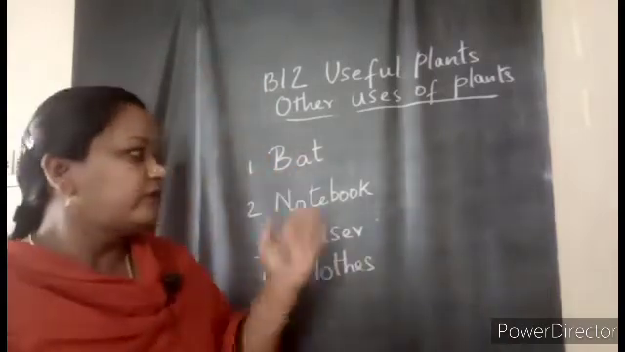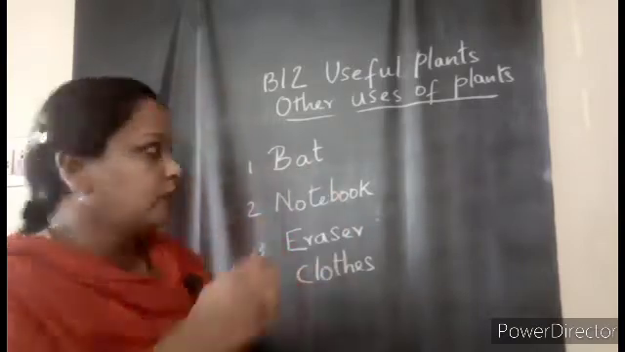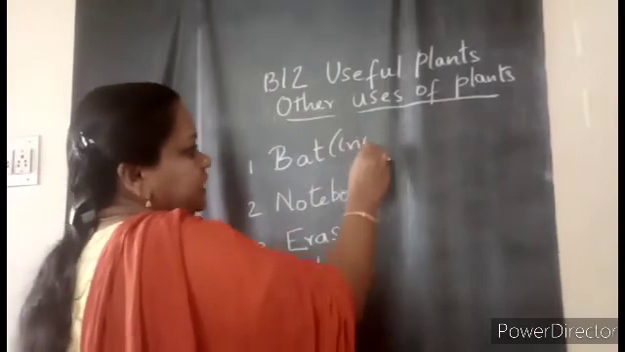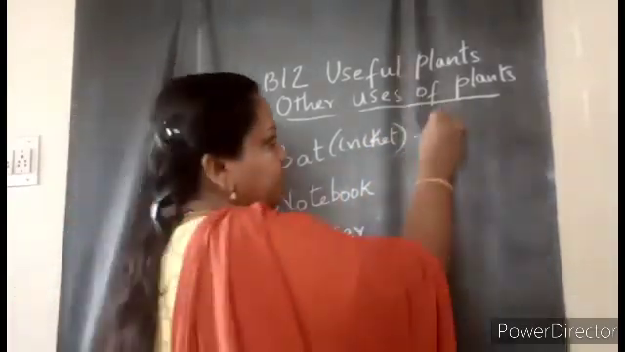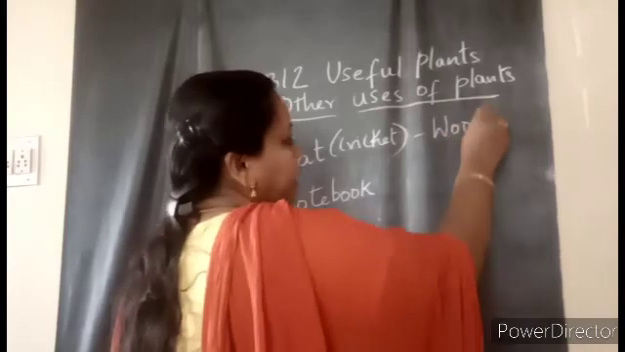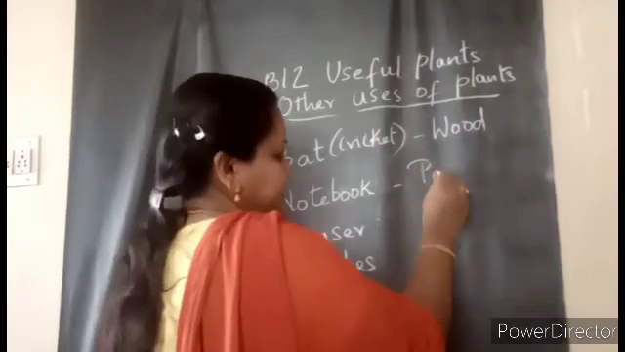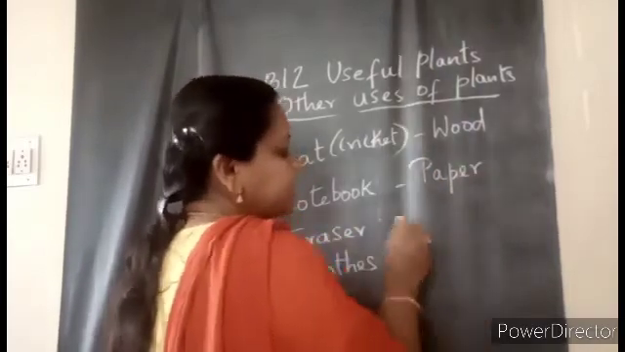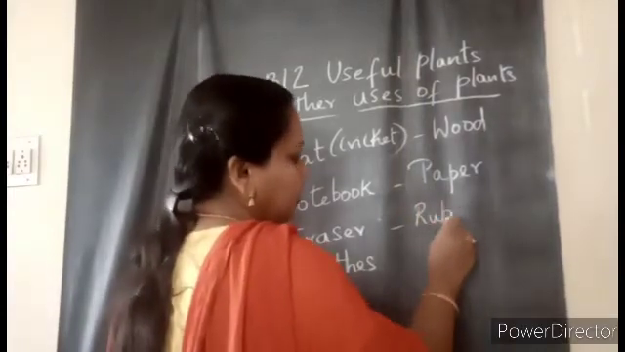Now see from where these items come. If it is a cricket bat or hockey bat, it is made of wood. And if you take a notebook or a textbook, it is made of paper. Very good. If you take an eraser, a small piece of eraser, that is made of a material called